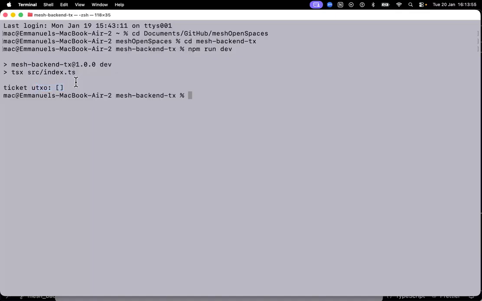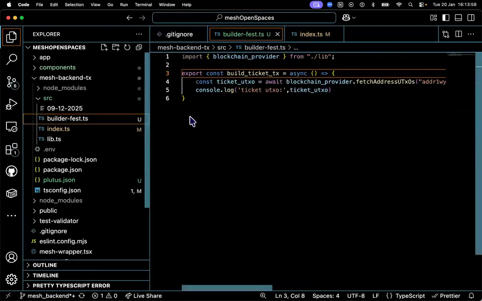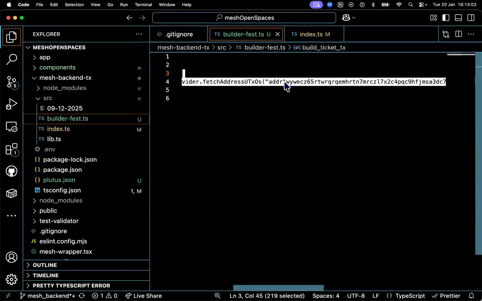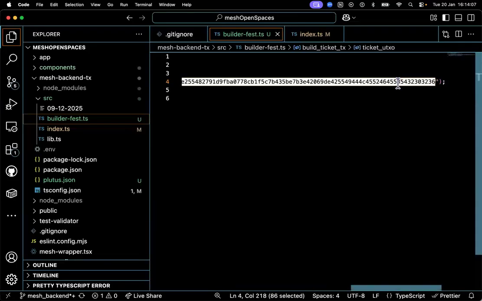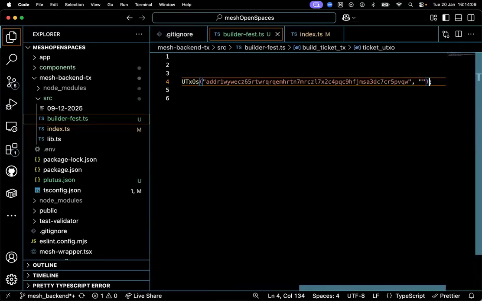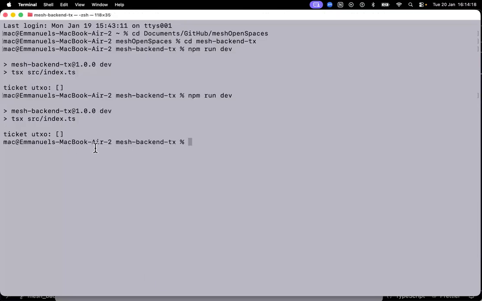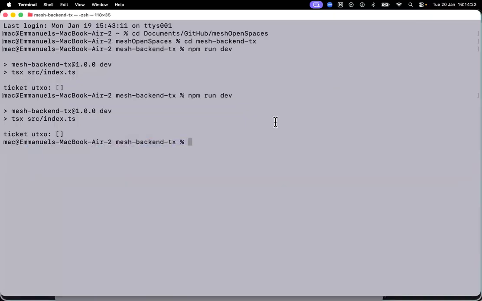Empty UTXO. Why don't you take the asset out at first just to do the address? Yeah, do the address, then we'll see. Still empty. Can you double check the address?